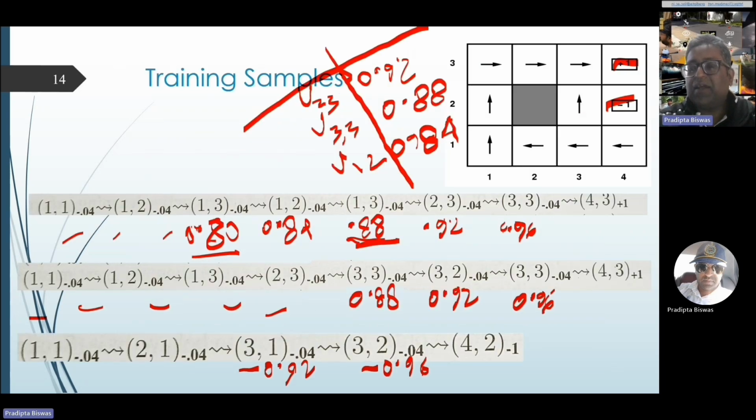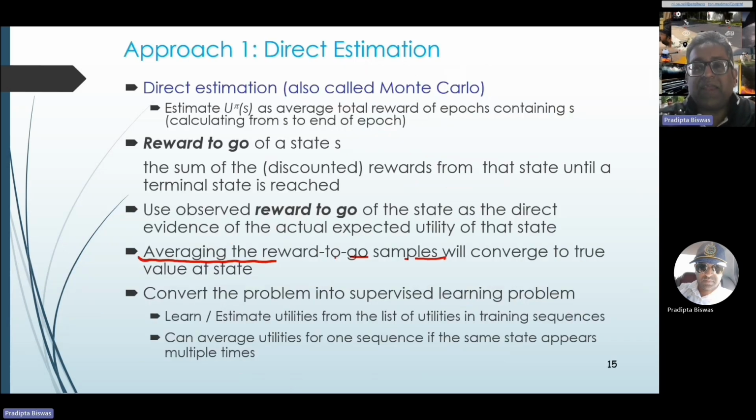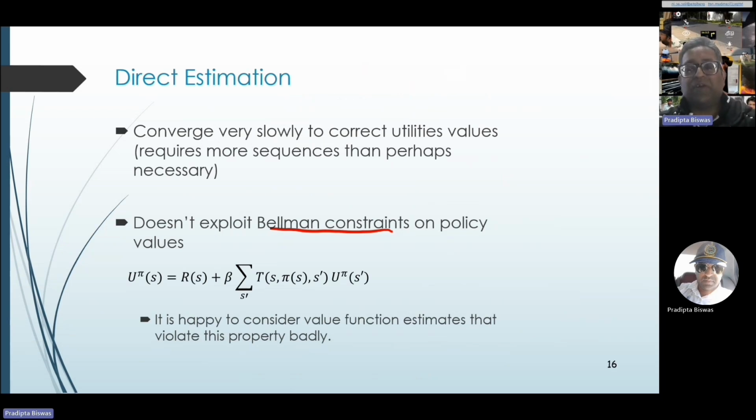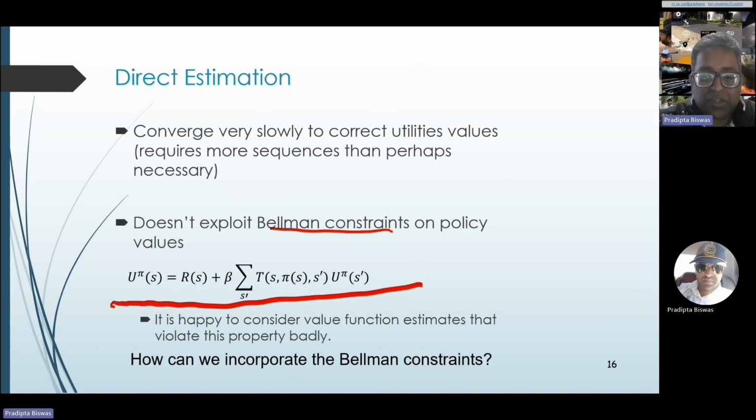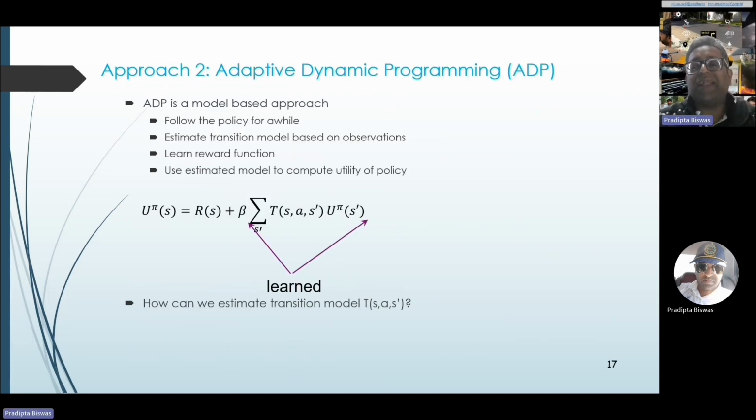What I mean by that is that the utility of, say, this state also depends on the utilities of the previous states. So by directly estimating the utilities through a supervised learning agent, we are making this wrong assumption that the utilities are independent of each other, and we are not using the Bellman constraint. So in the next approach, how can we incorporate the Bellman constraint? In adaptive dynamic programming, what we do